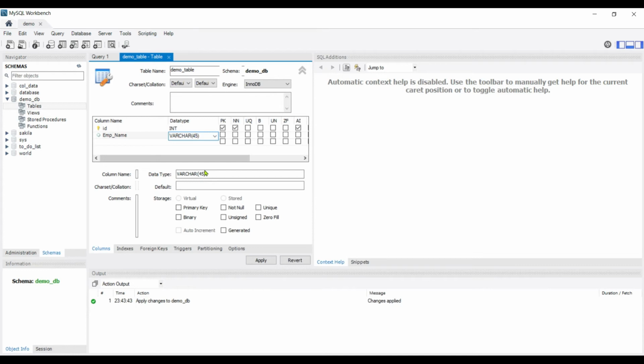It says 45. That means it will go up to 45 characters, and if you try to go beyond 45, it will definitely give you an error. So if you want to increase it, you can increase from here. But actually, 45 is way too much for a name. You never know, you can actually get people with a name with a lot of characters, but still, let's keep it minimum to 10. And it doesn't actually require any of these constraints, so let it be.